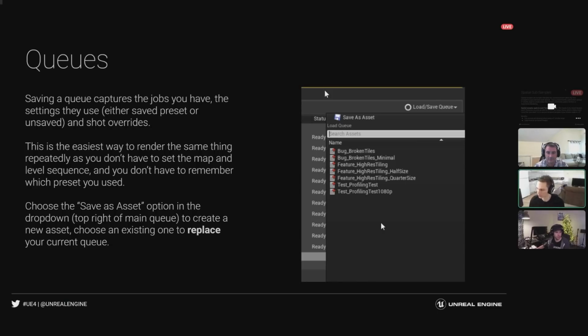So this is a quick way of, if you're trying to repeat tests, you want to render a few frames, look at them, restart the engine after you've changed something in code, you can just click on Save Load Queue. Click it, it'll replace your queue like Andy showed earlier. You hit Render Local. It's a way to create very consistent results.